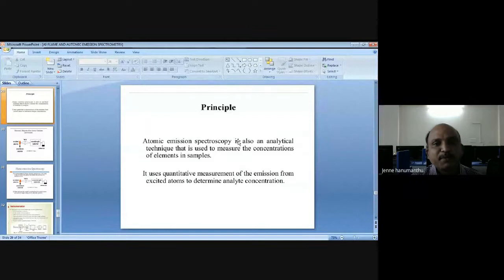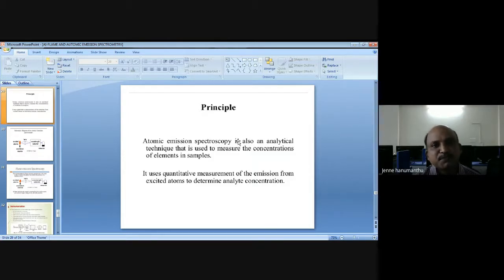Today, in the last classes, we discussed different spectrometers, isn't it? So, what is a spectrometer? A spectrometer simply works on the principle of Beer-Lambert's law, isn't it? If you pass any light signal through a sample, a mixture, or a solution, what happens? The light is absorbed and some of the light is transmitted. So that absorption is proportional to the concentration of the solution, and the same absorption is also proportional to the path length of the light, isn't it?